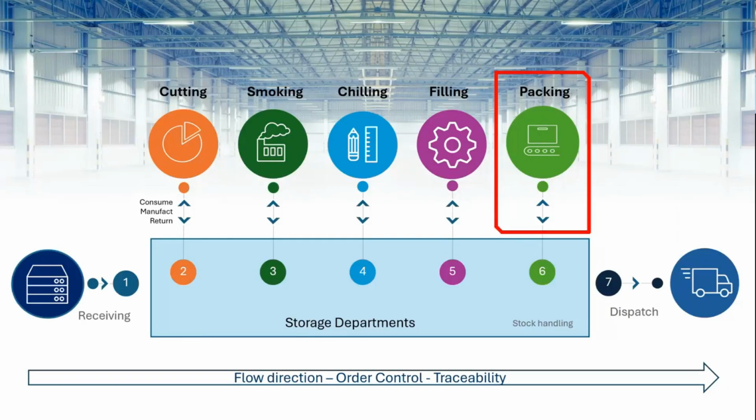So this is, if you cut Scanplant down to the bone, as I said, then it's basically a storage department and some processing departments. And then you receive goods here on the left side into the storage department. These goods you registered in Scanplant. These goods you can consume to a processing department, manufacture a new material, and then you can consume that to another department and manufacture new material products until everything is dispatched on a sales order to the customer.